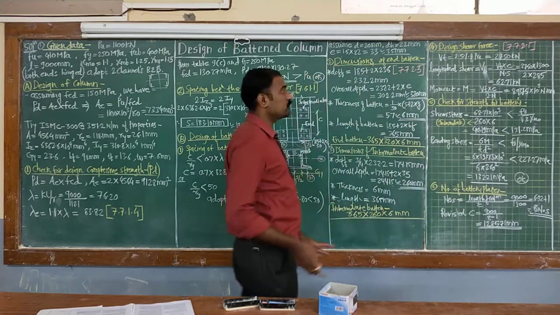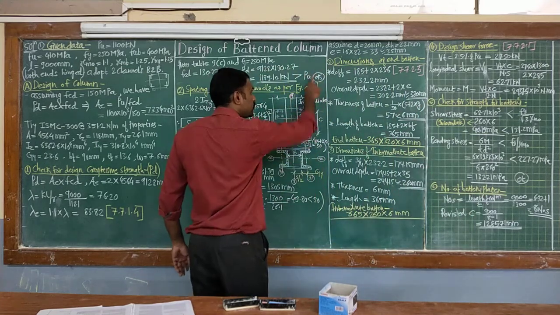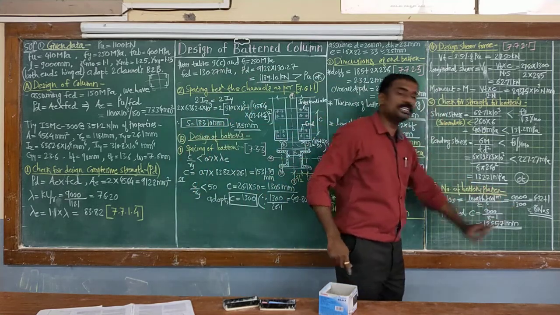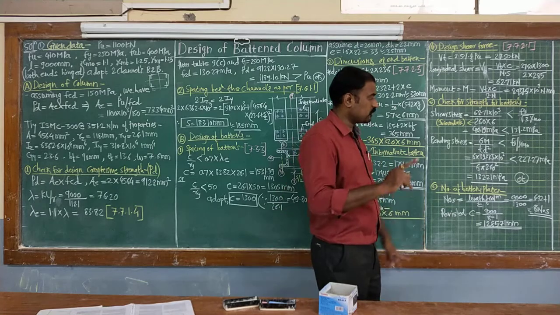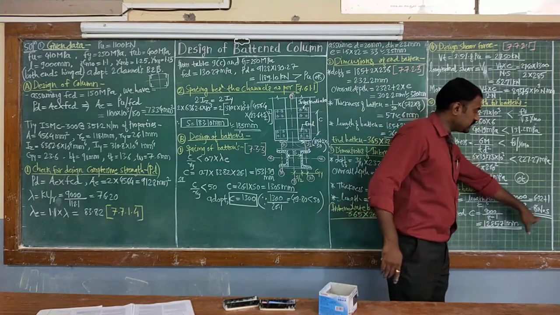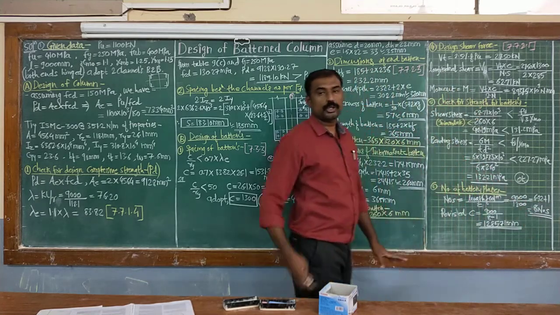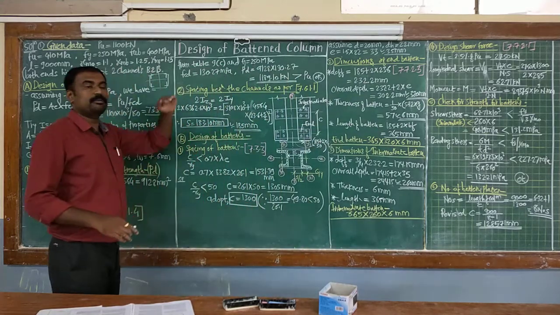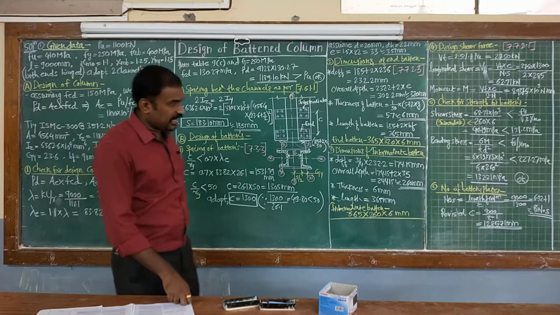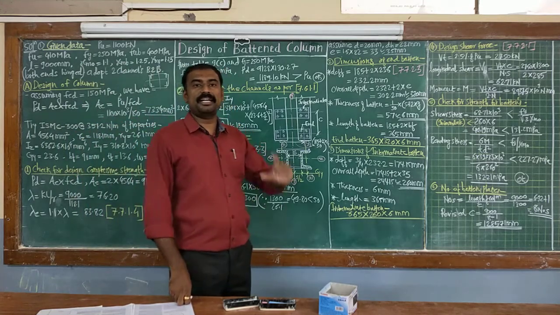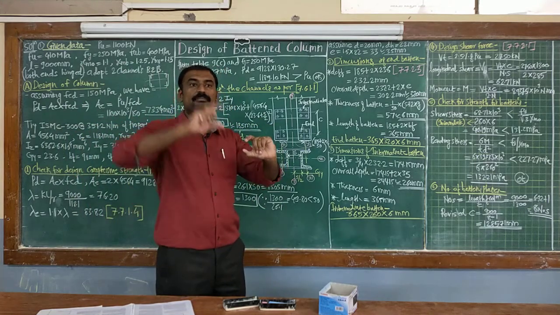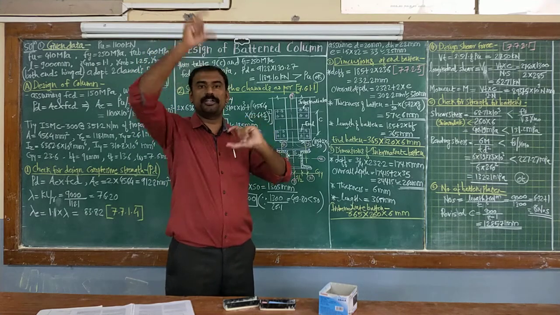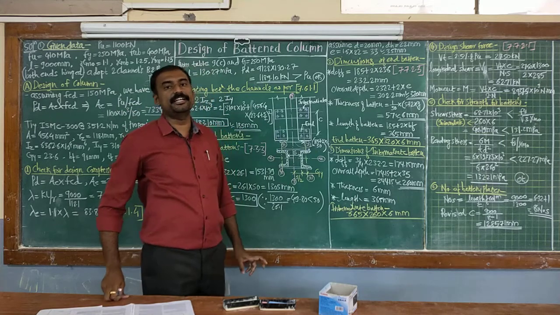The number of battens we calculate as total depth of your column divided by spacing. The total depth of column is 9000 divided by spacing 1300, plus 1. So 6.92 plus 1 is nothing but 8 battens. So in the total height of the column, the total number of battens is going to be 8. Out of 8, batten number 1 at the bottom and batten number 8 are your end battens, and within these two, all other battens are your intermediate battens.